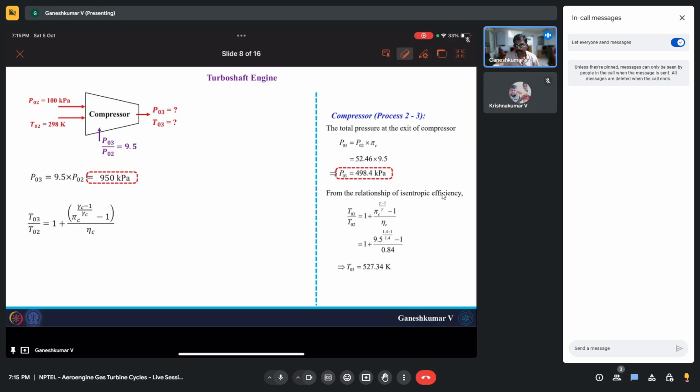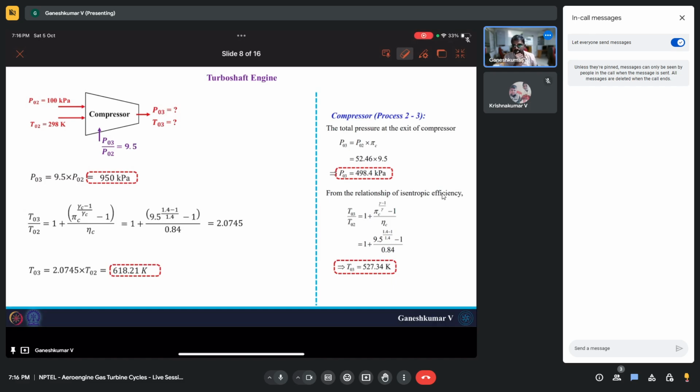Okay, and similarly we can find the temperature ratios. We just need to plug in the pressure ratio value, and the gamma for the air is 1.4 here, and compressor efficiency is 84 percent. So based on that you will get the temperature ratio. The temperature ratio again will be the same as what we got in the lectures, because temperature ratios are not going to change. Only the absolute values of temperature will change. So because of that you will end up having a higher temperature of 618.21 Kelvin